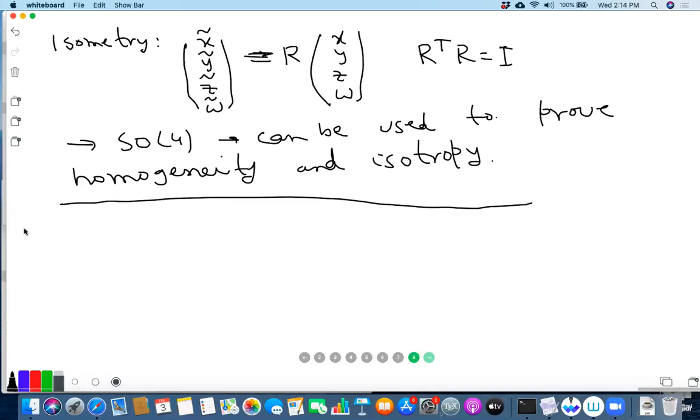So the first condition is important: the isometry should be such that it keeps the point x0 unchanged. Otherwise, it's a statement of homogeneity. Homogeneity means that you should be able to find an isometry that takes one point to another. That can always be done on a sphere. But once you impose this additional condition that one point has to be fixed, then the other two have to be at the same geodesic distance from the fixed point. Is this clear? Any other question?